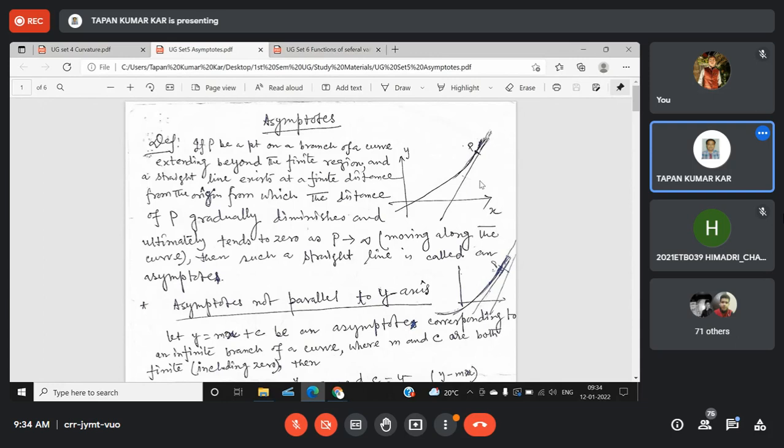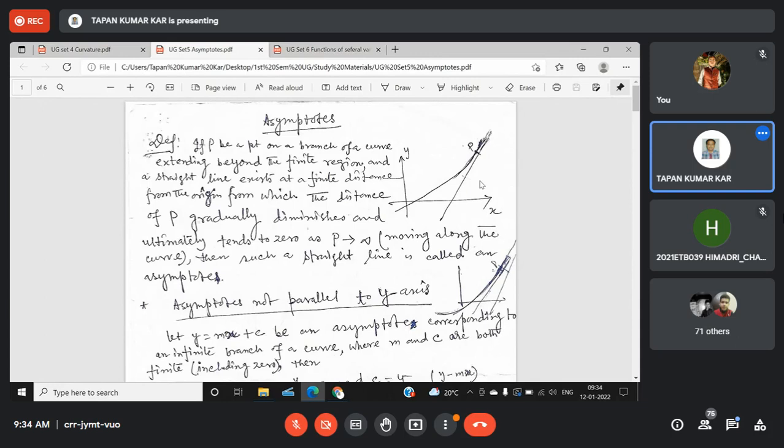If you take any point P, say for example P(x, y), and suppose the line is y equal to mx plus c, then from the line you can find the distance d, which is equal to what? It is (y minus mx minus c) by root over of 1 plus m square. Okay, that is your coordinate geometric idea. Anyway, now my intention is to explain when this straight line is said to be an asymptote.